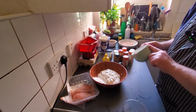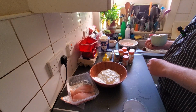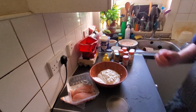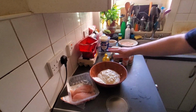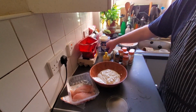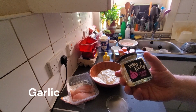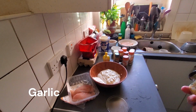Now, that's delicious, really. That really is nice, that. Okay, now what we need to do is to add all of these spices and lemon juice, and I'm going to show you what these are. Now, the first thing, of course, is garlic. Now, I prefer the jarred garlic because it's less work, okay? Very lazy garlic, as it's called here. So I'm going to begin by